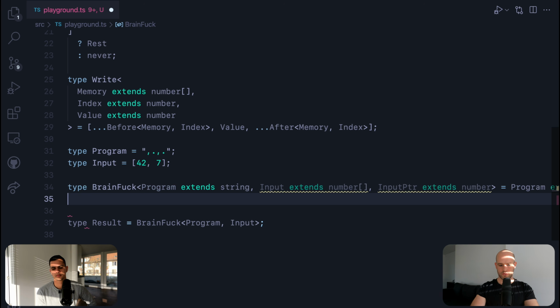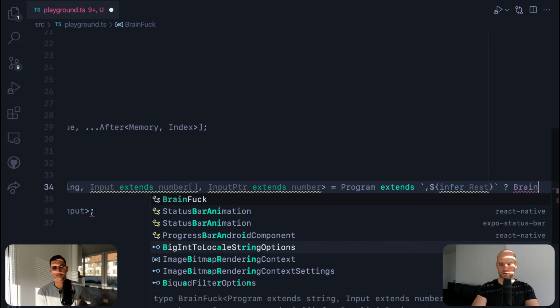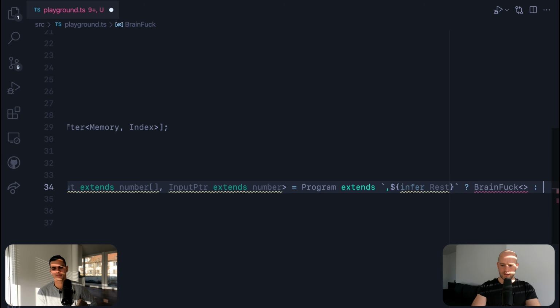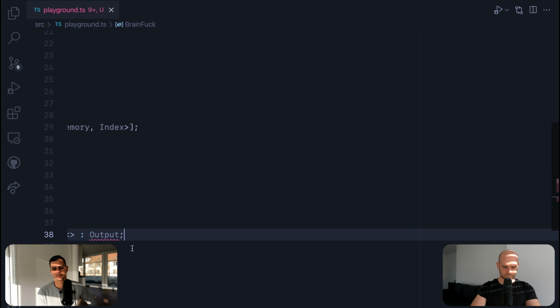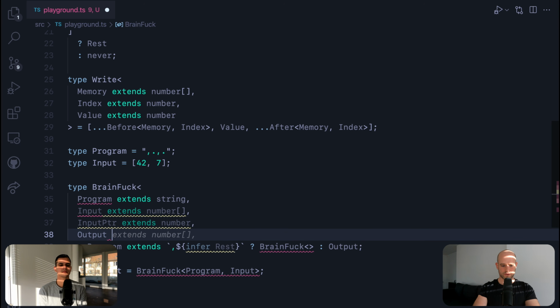We're going to execute the command, so I'm going to have a brainfuck. If not, we output. So we have the output with a default value, which extends the string, and the default value is an empty string.